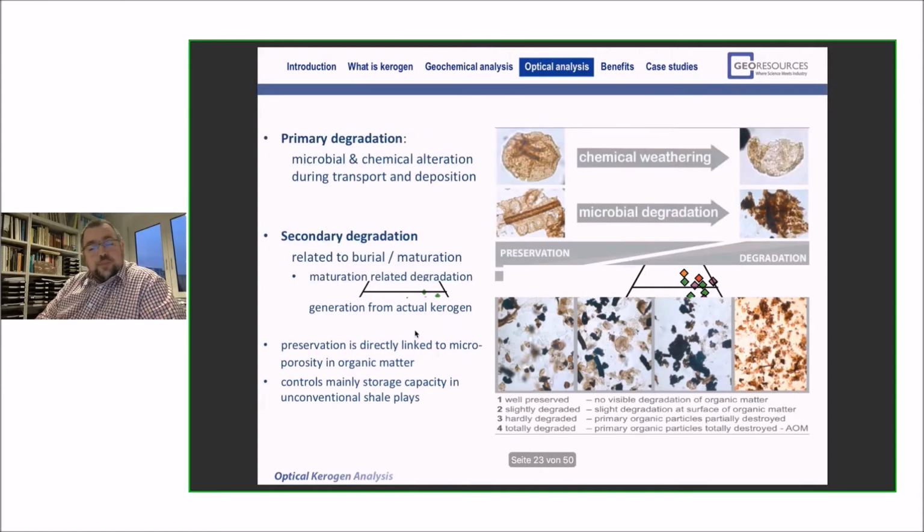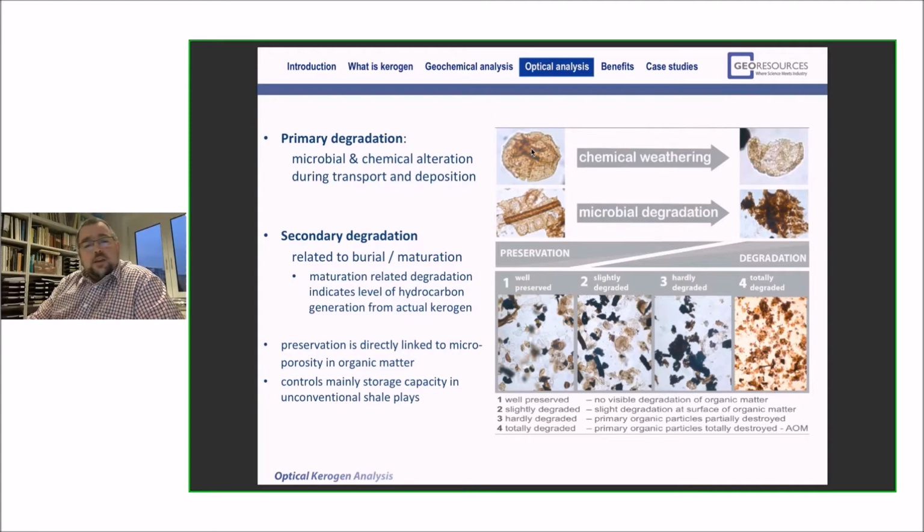The second point, as I said before, is degradation, or preservation, the decomposition of organic matter from the primary material into the degraded stuff. That's what we see here, a very nice, very well preserved spore, which is strongly altered right here. Here we have a nice phytoclast with the cuticles, and that's what is left over after the degradation. And we have to identify and differentiate